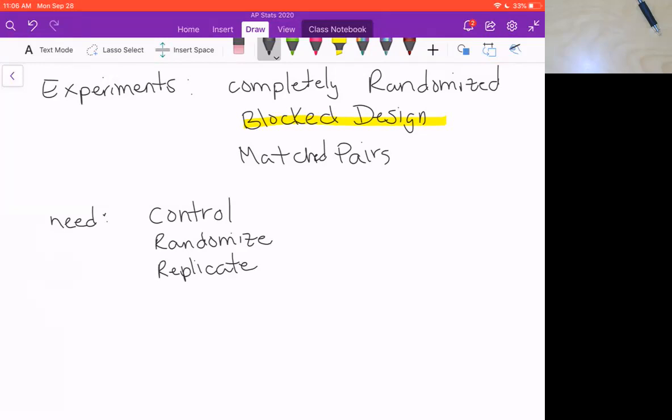And if you only have one participant in your treatment group, you have no way of measuring what the variability is. So the more you have in your treatment group, the better you're going to be able to estimate the variability and therefore reduce the variability, which is what we want to do. And then, well, I'm not going to write blocked on there. Block when it's appropriate. Okay.